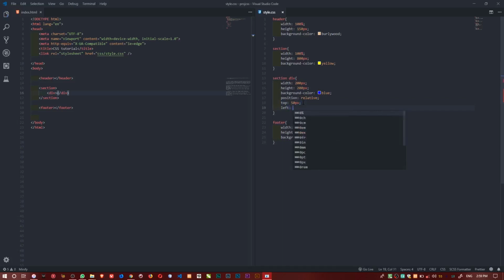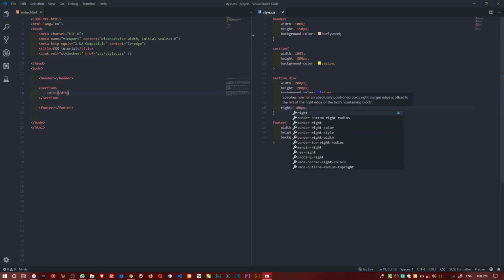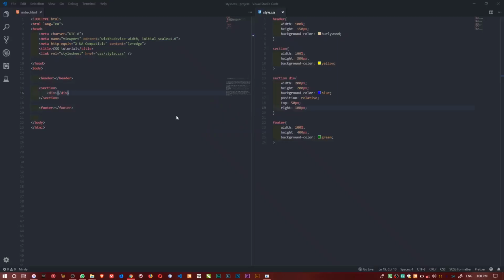We get left. So if you see something, that will be left now. Say if you want to push from the left, it's 100 pixels now. If you do it like this now, see I say it pushes from the left-hand side. You get. If you change this left now to right, if I say right now, it happens now. It pushes from the right-hand side. You see, it pushes from the right-hand side.